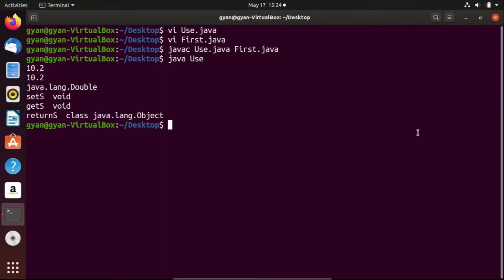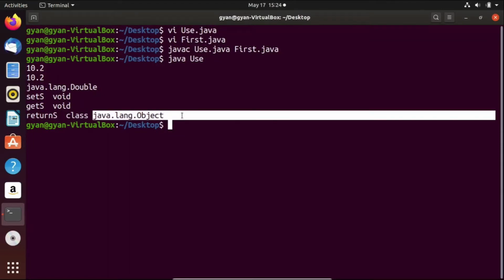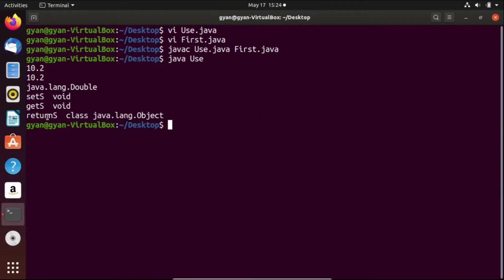It executes fine, and look here. The return type of the method setS is void. The return type of the method getS is void, and the return type of the method returnS is a class whose name is java.lang.Object. So for the JVM, the return type of returnS is java.lang.Object.